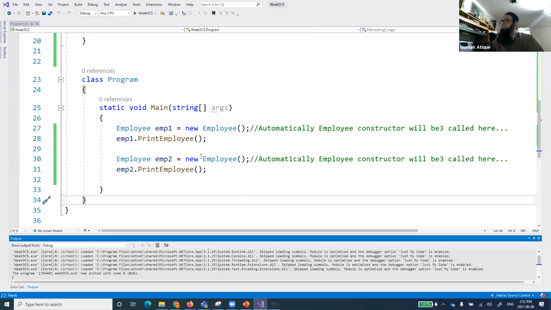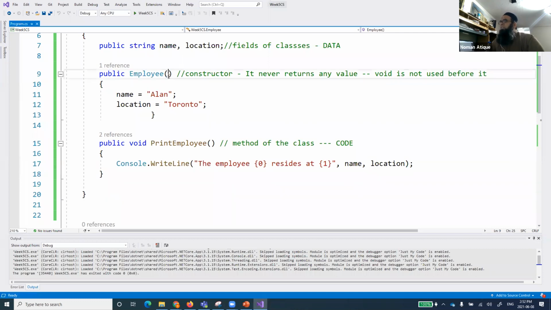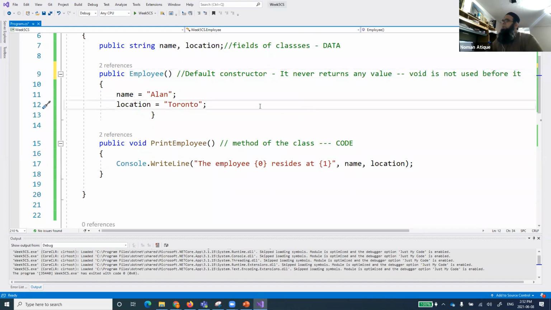That thing I was talking about, whenever we create an object, the constructor is called. And the constructor which does not have any value is called the default constructor. Makes sense to everyone? A default constructor is called, and it just takes those two values, saves them, and prints them. I hope everyone is with me because I'm about to increase the difficulty. Okay, that's good.